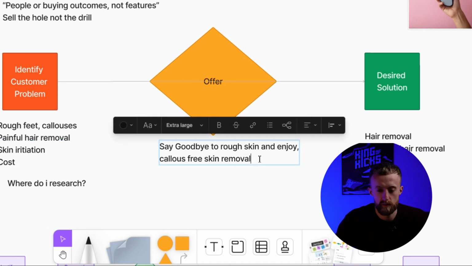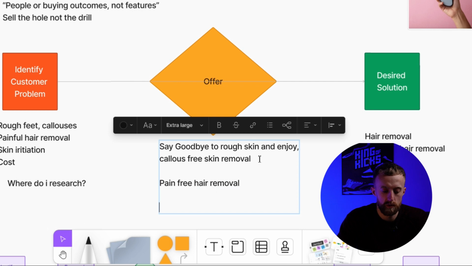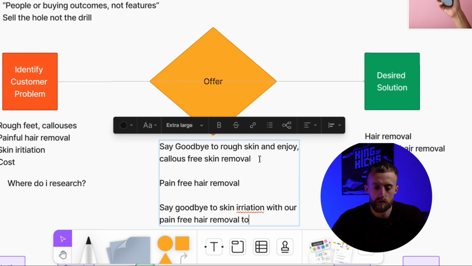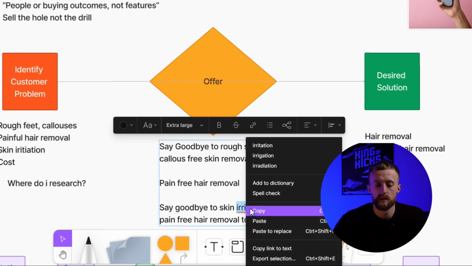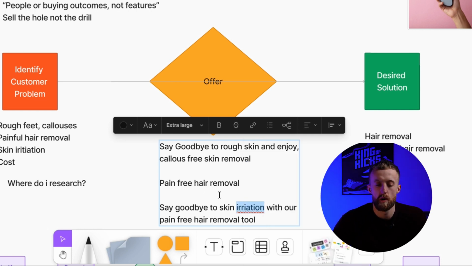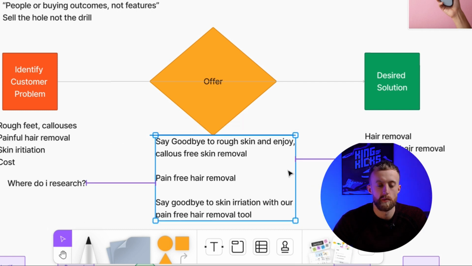Then we might want to say pain-free hair removal, or we might want to put, say goodbye to skin irritation with our pain-free hair removal tool. So can you see now how this is bringing a customer from the problem to